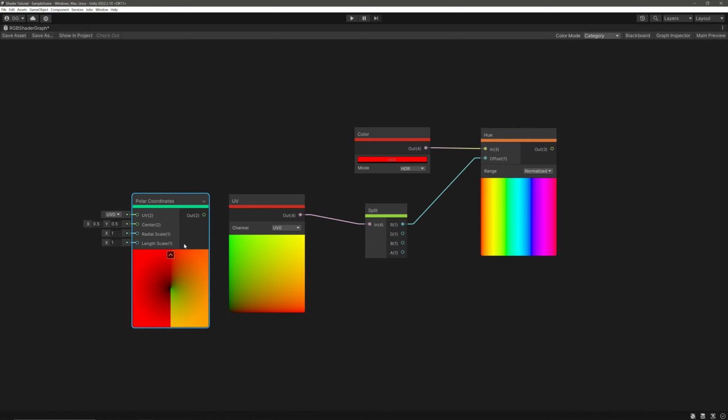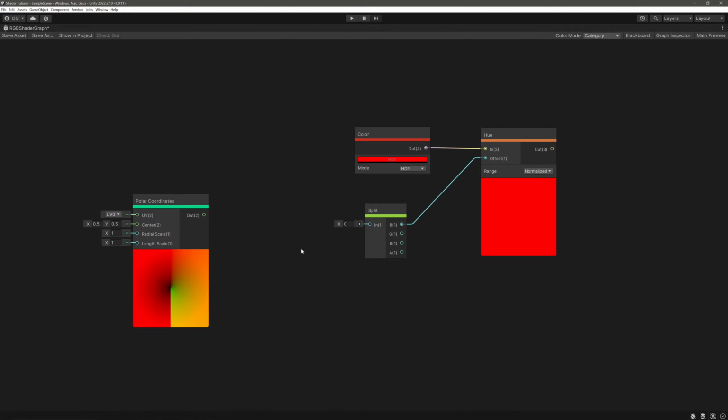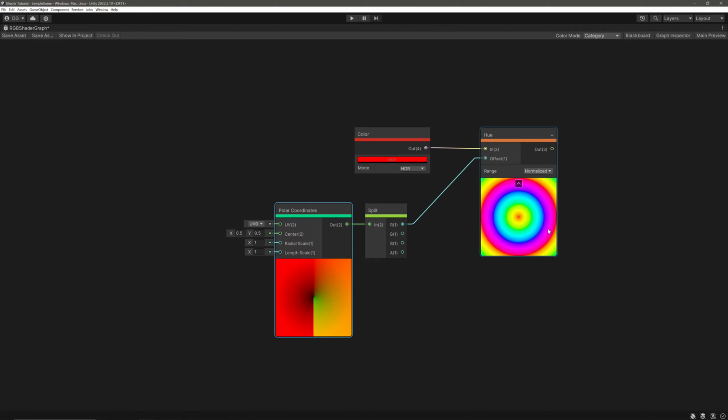Now Polar Coordinates has the exact same UVs as our UV node, so we will delete that and take our Polar Coordinates output and feed it into the Split node. We want the spectrum that goes around, so we will take Y and feed it into the offset.